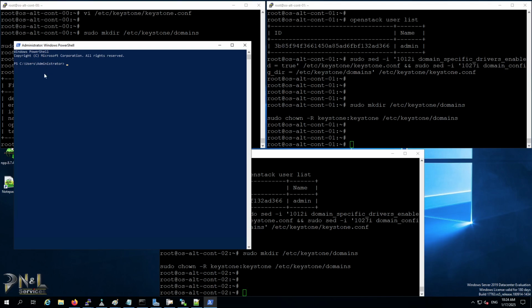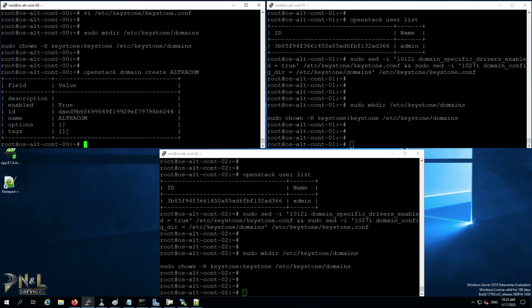Okay, I'm going to show you how to retrieve the NetBIOS name from PowerShell. Just click on the Start button and open PowerShell, and then run Get-ADDomain | Select NetBIOSName, and press enter. As you can see, this is the NetBIOS name, ultracom. So I'm going to close that. So we've created the